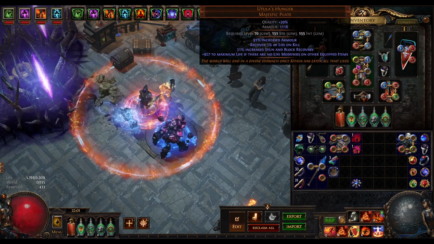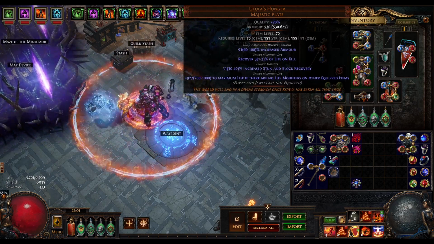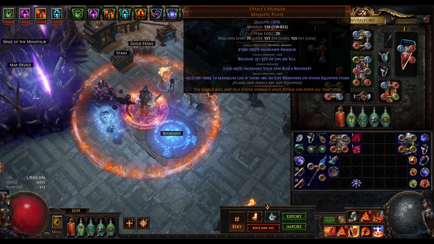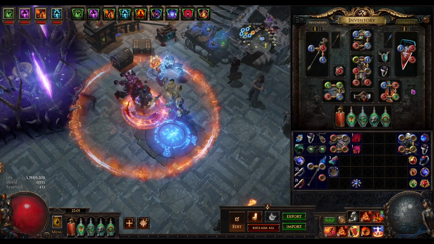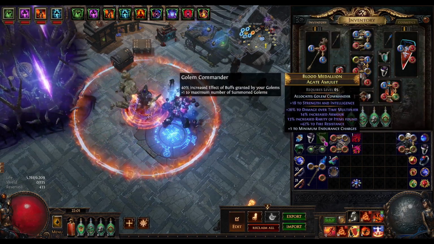We're using Utula's Hunger. It provides a massive amount of flat life if there are no life modifiers on other equipped items. So these are all considered equipped items in the inventory. None of these have life on it, as you can tell. If we put on a life item,